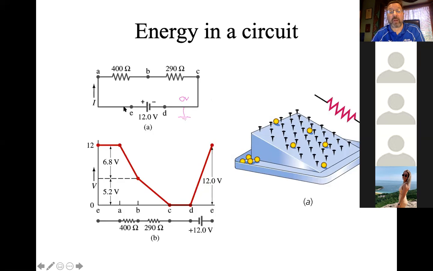So if I'm at 0 volts here and I go across a battery, which has a 12-volt increase, over at point E right here there must be 12 volts. And that's how this works. Then if I drop 6.8 right here, it drops to 5.2 volts and then back to 0. We don't put this in most of our circuits. Occasionally I will, but that's called a ground. That just ensures that at this point right before the battery, we really want to make it 0 volts. If you talk about the grounding plug on an appliance of some sort, that's what they're doing. It's generally literally going to a stake someplace, maybe at your house, which is pounded into the ground, and that's what we have.